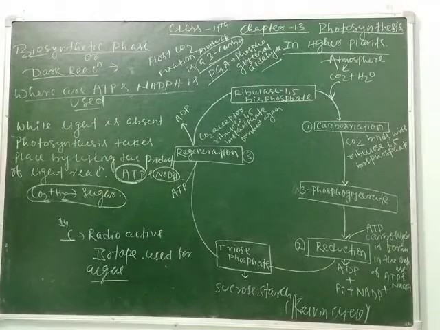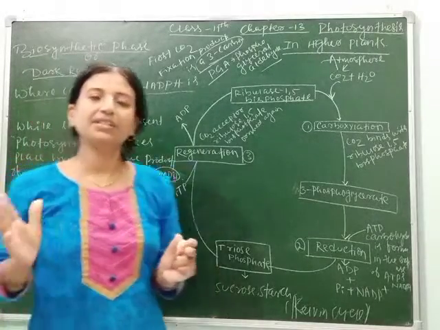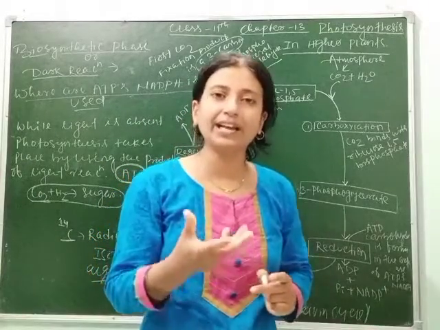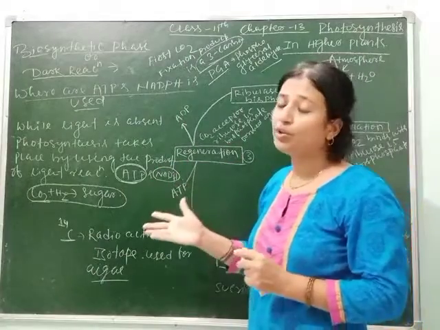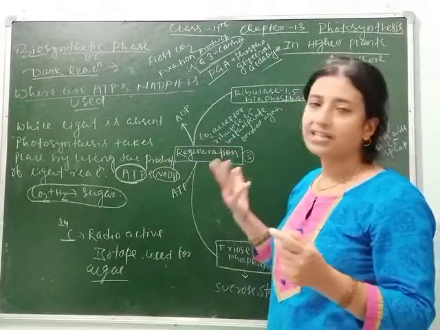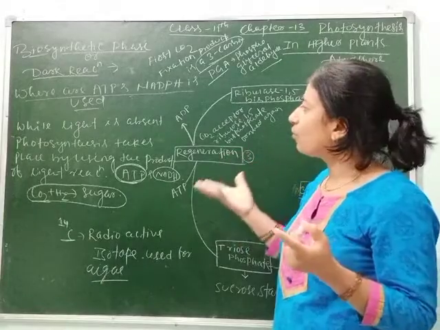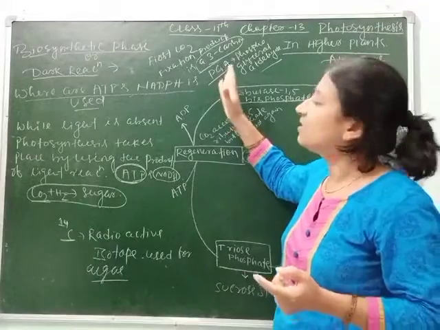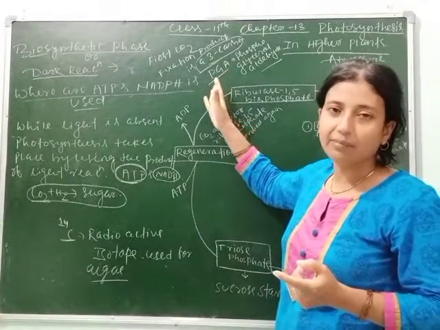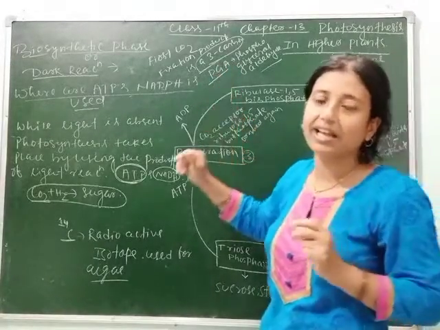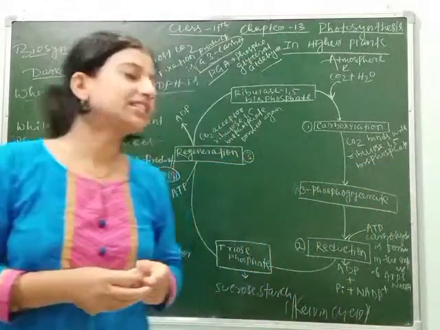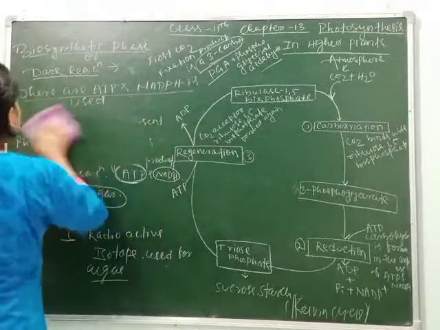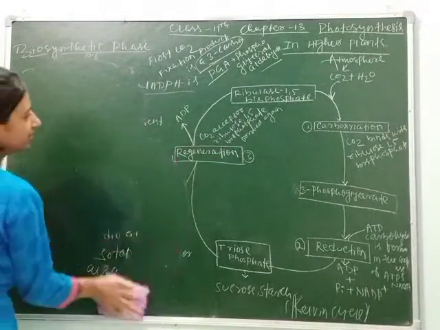As we know, two types of phases can be seen in photosynthesis. One is the C3 phase and another is the C4 phase. So how are they named? As I have told you, many scientists came to experiment, to know whether the photosynthetic product is a C3 source or a C4 source. Here the first carbon product is a 3 carbon source, that's why this is named the C3 cycle, and another is called the C4 cycle.